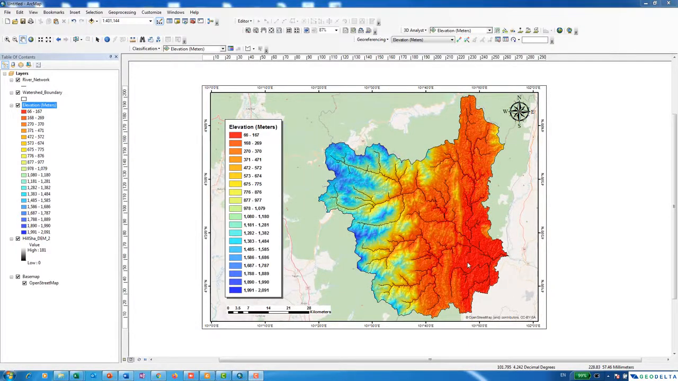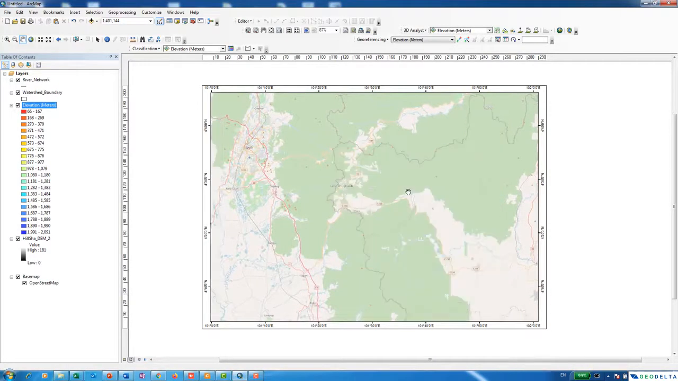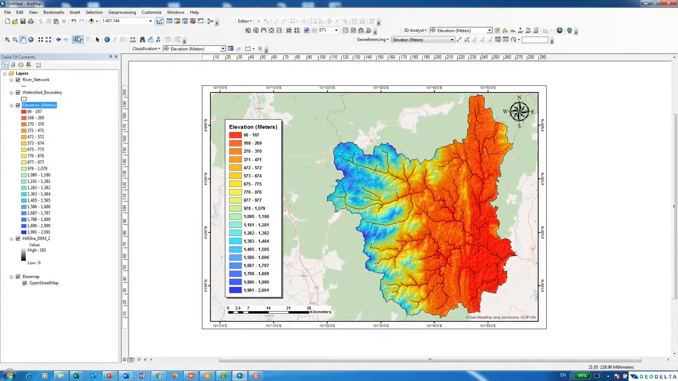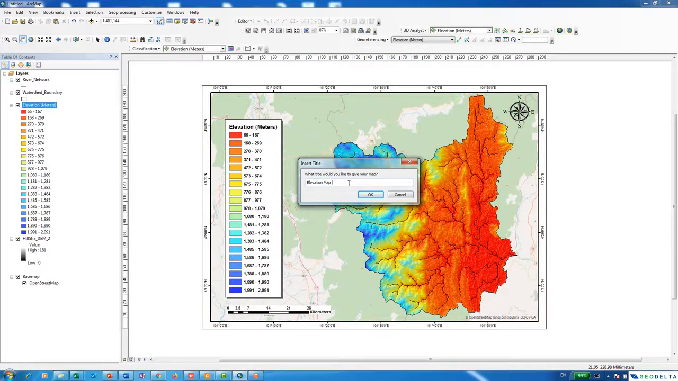And finally, when everything is done, or even before you wrap up everything, you can go ahead and add a title just to make your map a bit more complete. In order to add a title, you can just go to Insert and go to Title over here. And from here, you can give the title which you would like to have. For example, I'm going to name this elevation map of the watershed,